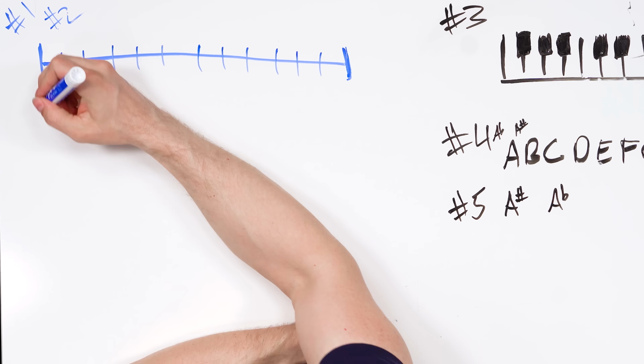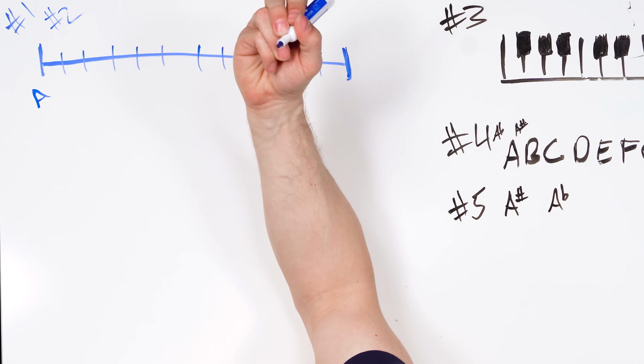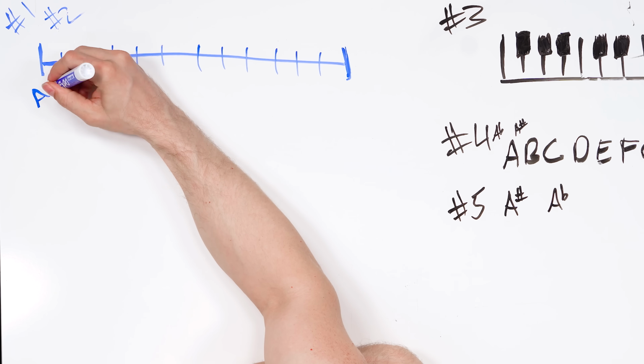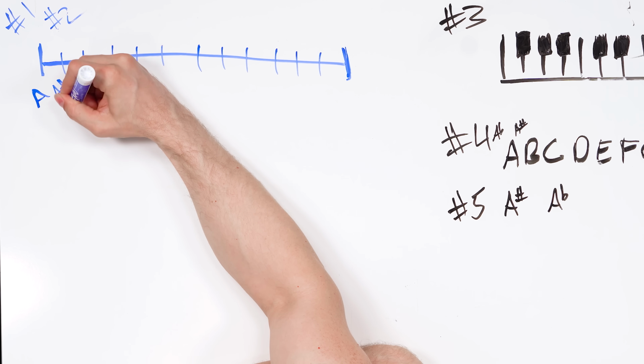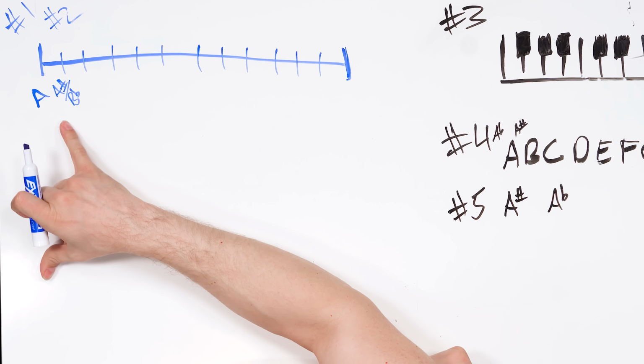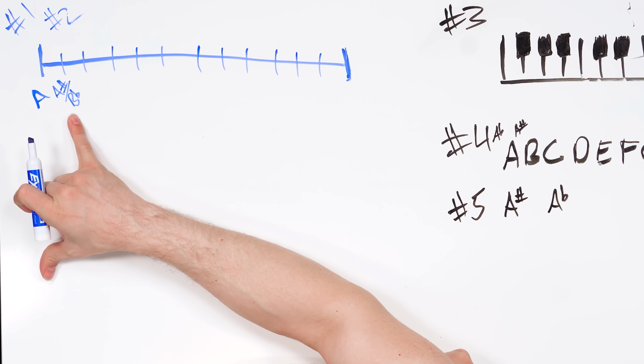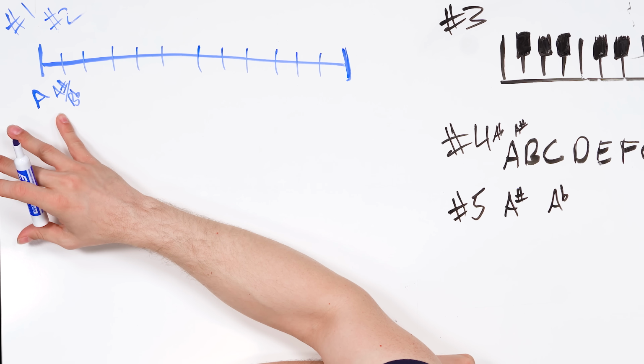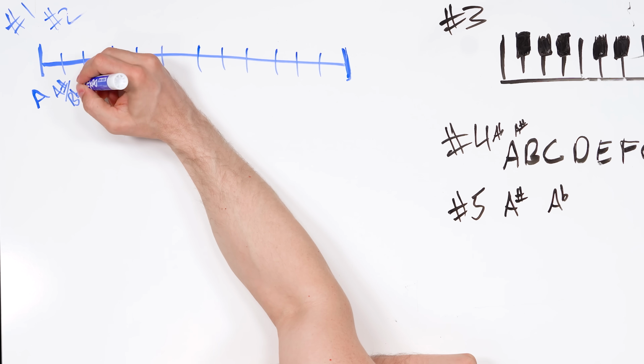We're gonna start on A, just because, first letter of the alphabet, it's an easy place to start, A. Then after that, you can have an A sharp or a B flat. And when you have a note that can be called by more than one name, that's called an enharmonic note. And that's just something you have to kind of accept and realize for now. Remember that, an enharmonic note. So after that, you have a B,